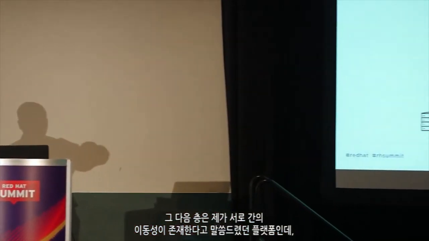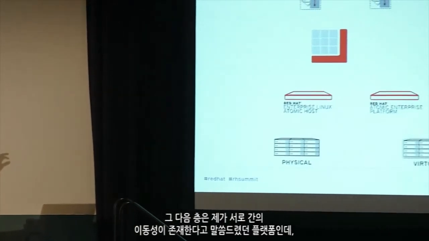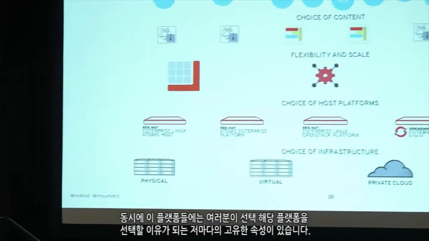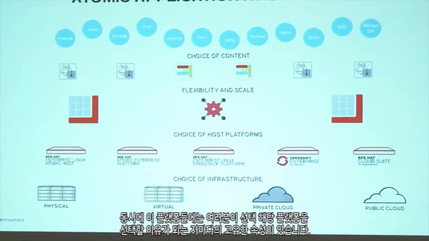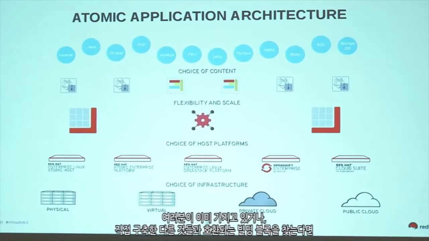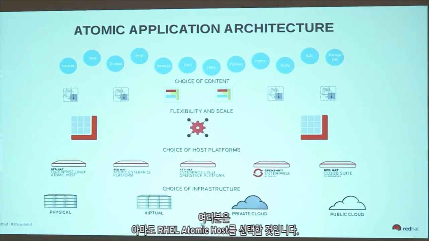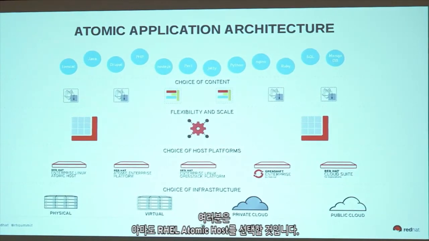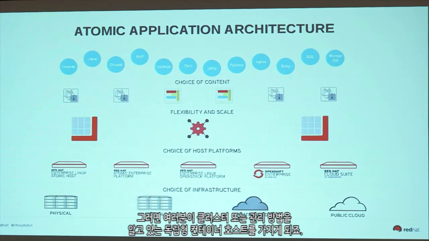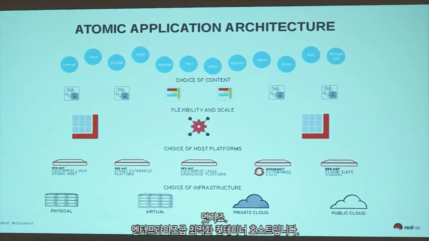Now that said, let's show it in a picture. It's a bit of a busy slide, so I'll walk you through it. At the bottom, we see the footprints. Already talked about this. The next layer is the platforms where, as I said, there's portability across them, but at the same time, each of these platforms has unique attributes as to why you would choose them. You would choose RHEL Atomic Host if you're looking for a building block that you integrate with other things you already have, or you build them yourselves. So you have a standalone container host that you figure out how to cluster and manage. It's great, it's an enterprise-grade, optimized container host.